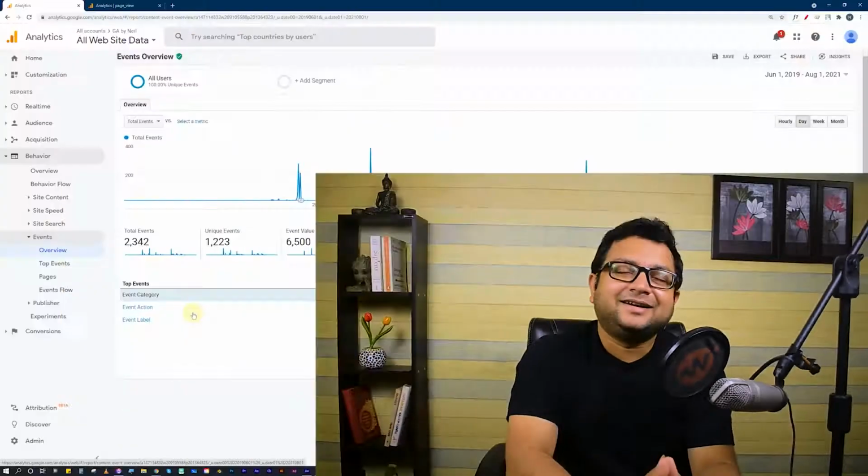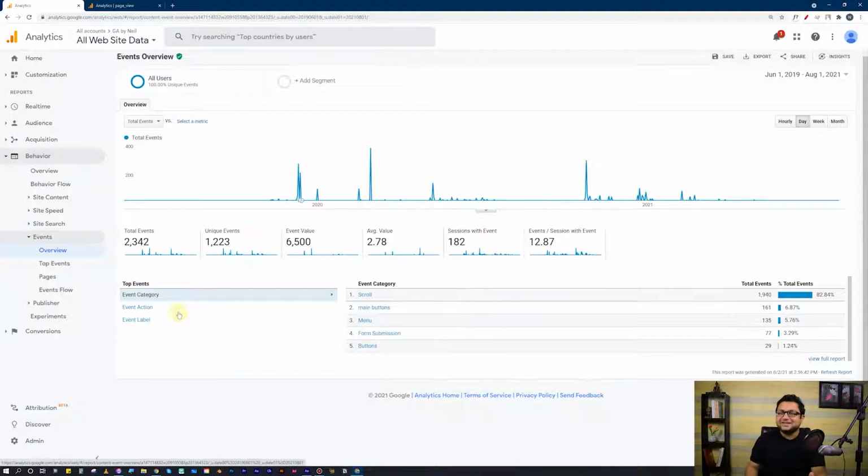And in Universal Analytics, the old analytics that we know of, events were something like this. On the screen, you can see these options: category, action, label, and another option called value. These are the four different parameters. They are name value pairs. So for every category, you can put a name to that category, right? Ball equal to basketball, or ball equal to volleyball. Here the name is ball and basketball or volleyball is the value.